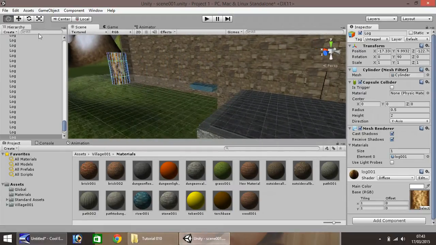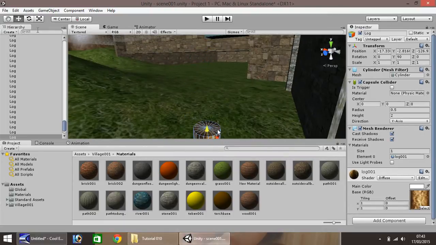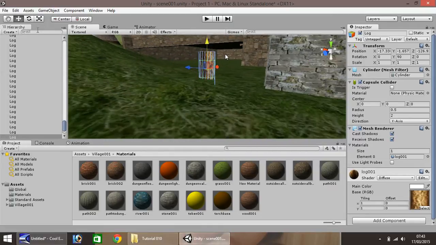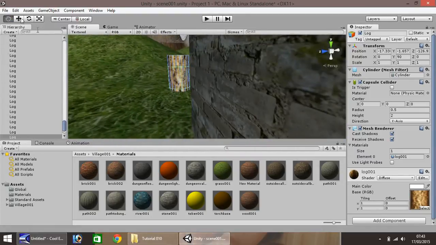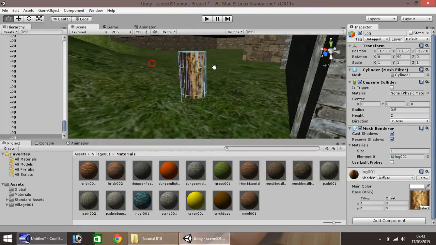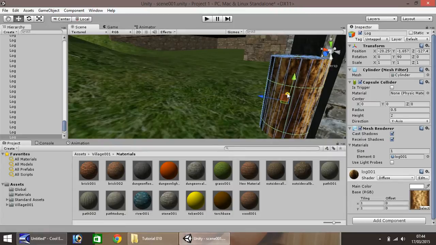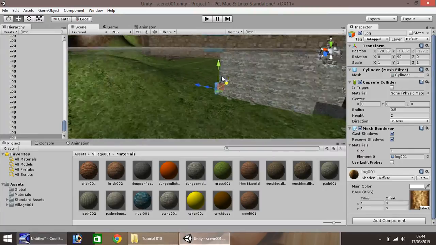So if we align it, let's say somewhere here, down towards the ground, and up to about there. Let's quickly pan around. Let's bring it a tiny bit back, and we'll also bring it right against here. Let's also maybe bring it out this way a touch. About there. Okay, so essentially what we're going to do is create some massive sort of logs, so as it